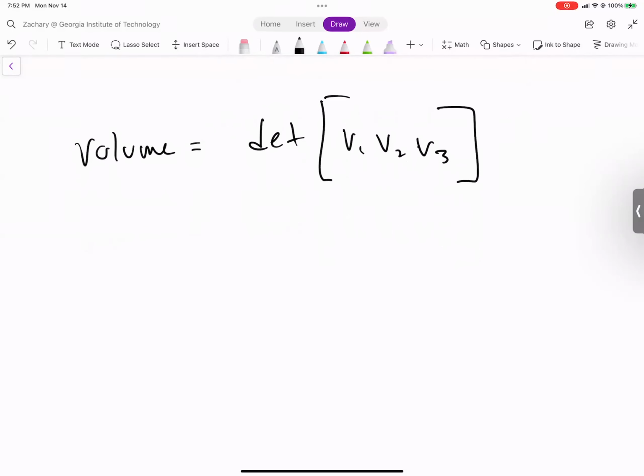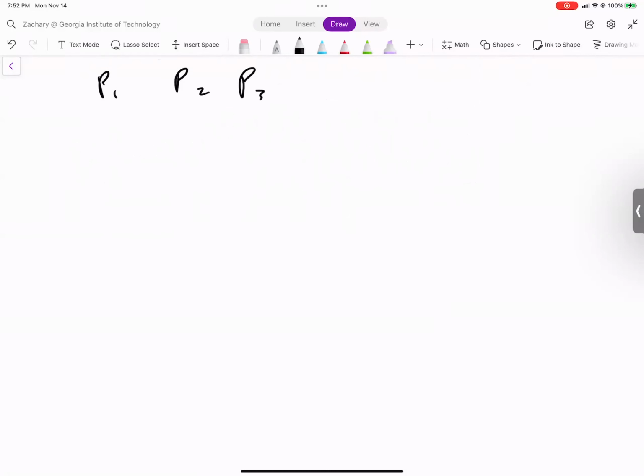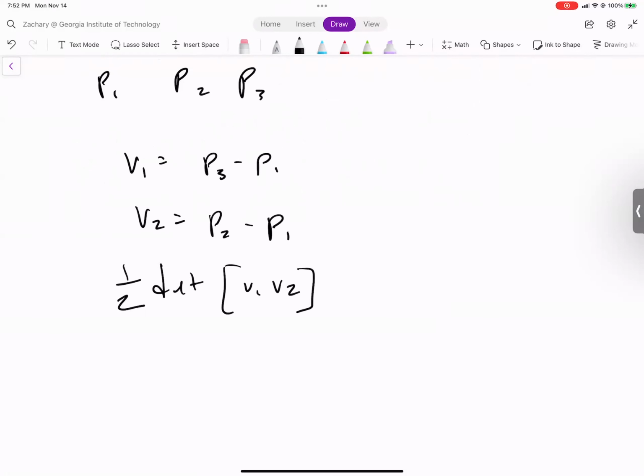The way you do that is you have to find vectors from points. So what I like to do is given, I'll say point 1, point 2, and point 3. To find vectors, you always just subtract points, right? You get from one point to another. So I'll call vector 1 equals point 3 minus point 1, and vector 2 equals point 2 minus point 1, okay? Then you find the determinant of V1, V2, and you halve it because it's the triangle, not the full parallelogram, okay? This will give you your area. Something about areas, can it ever be negative? No, so we put a nice absolute value here. Which technically makes this a nonlinear question, but whatever, it's linear algebra. Yes.